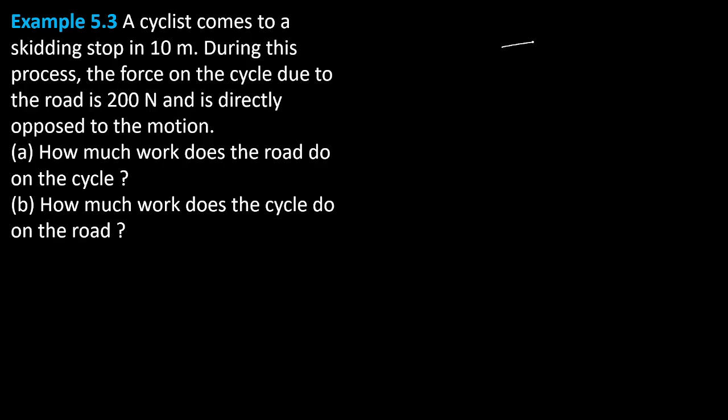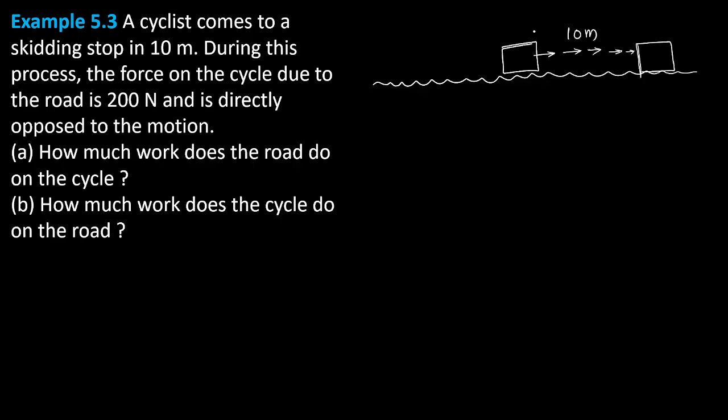So, some rough diagram, cycle. No need to draw a proper cycle. Let it be a cycle. Understood? This is the rough surface, ground. This is a cycle. The cycle is moving like this, but because of the friction, the road is not so smooth. After traveling how much? 10-meter displacement. The cycle stops here. Understood? It has some initial velocity, but because of the friction of the road, the cycle stops after traveling 10-meter